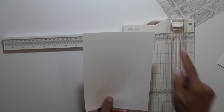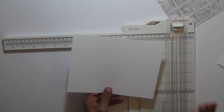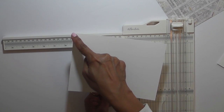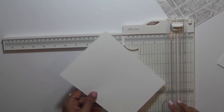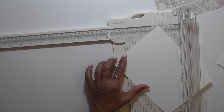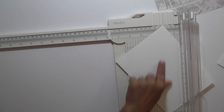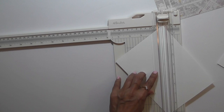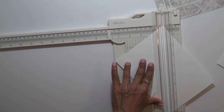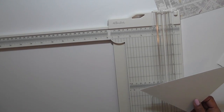7.5 by 5.5. Okay. Now those who don't have this cutting tool can put a diagonal line across these two corners and cut it with the scissor. What I am going to do is put my piece like this, align these two diagonal corners on this cutting edge, and give a diagonal cut. So we have this piece ready,